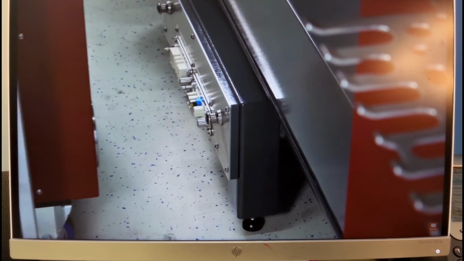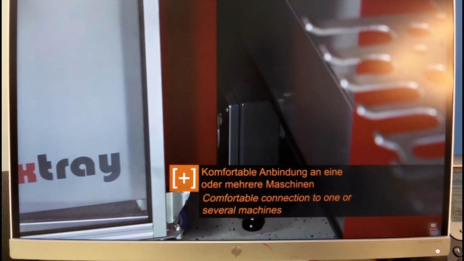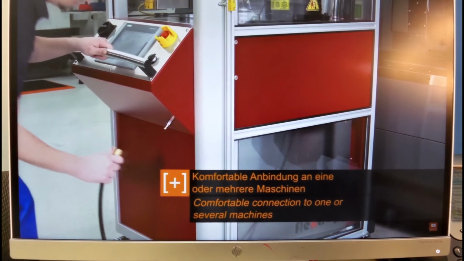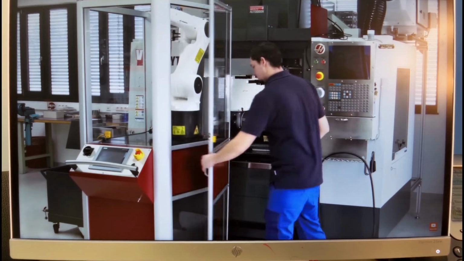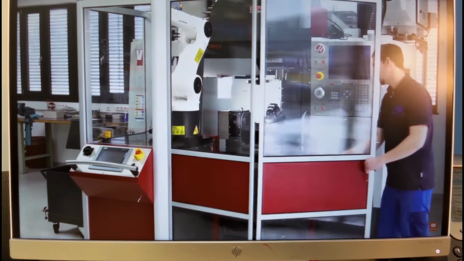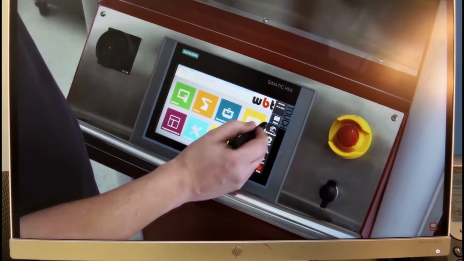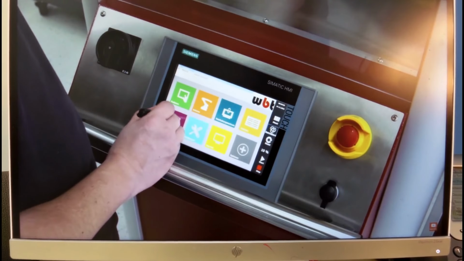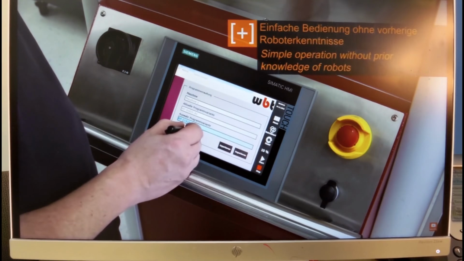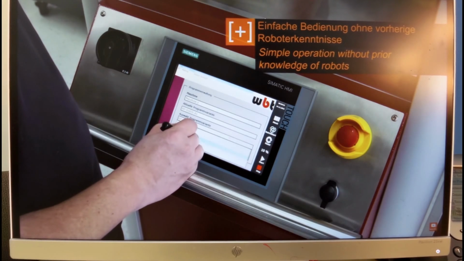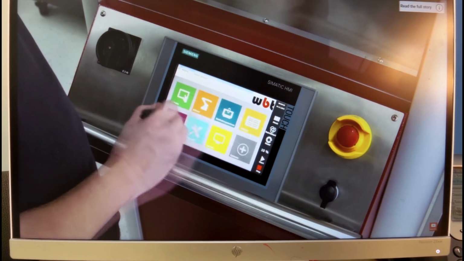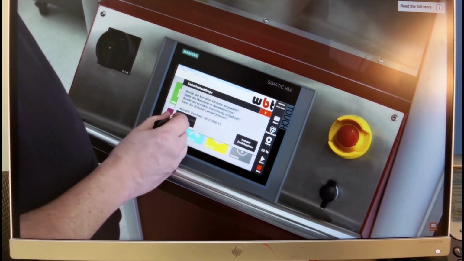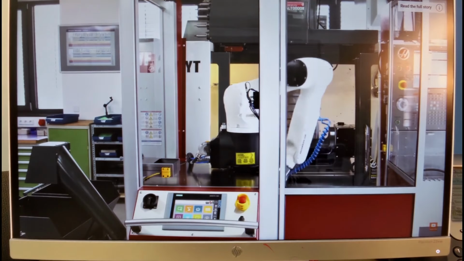The operator has the connectivity, it's plug and play, and he has a tray of parts. He secures the operation. This is the HMI. Just click and go, and he is now preparing the process.